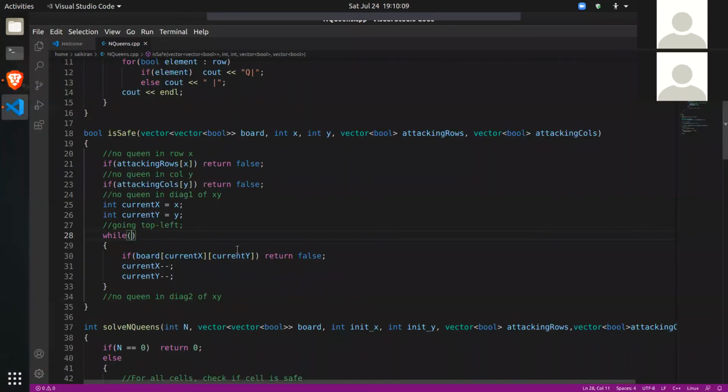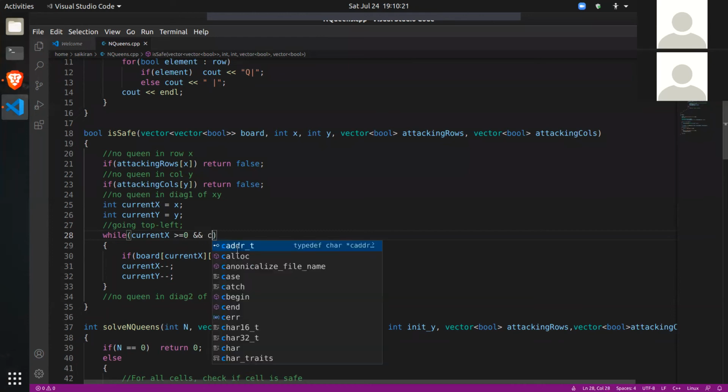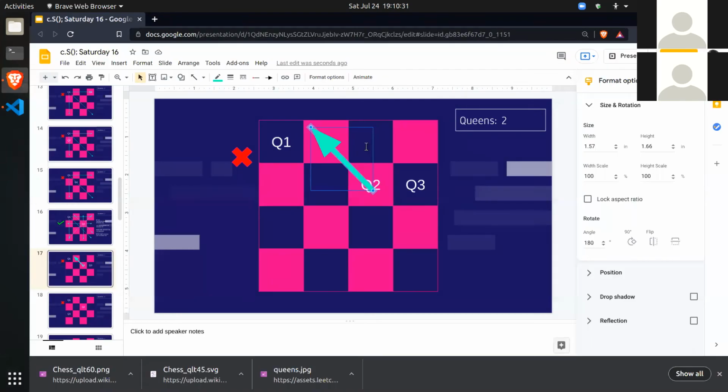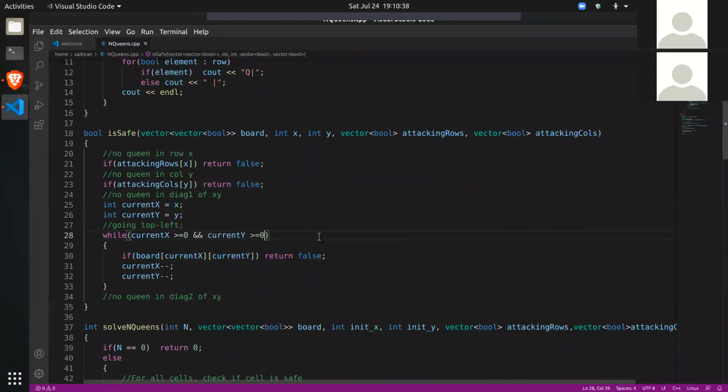So the condition is like this. When current X greater than or equal to 0, and current Y greater than or equal to 0. So this is our ending condition for top left. If we either reach the first row or the first column, we should stop our search for the top left diagonal.